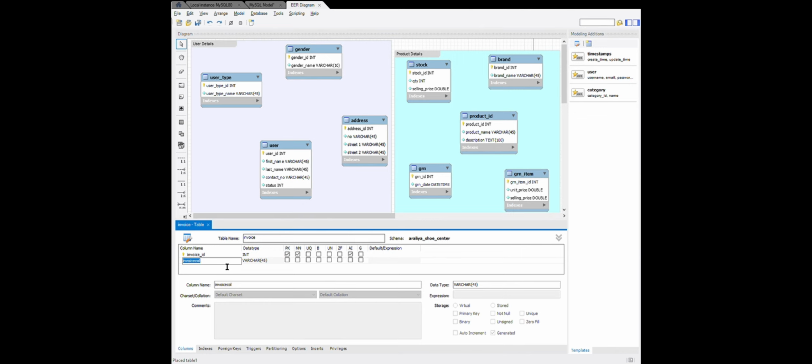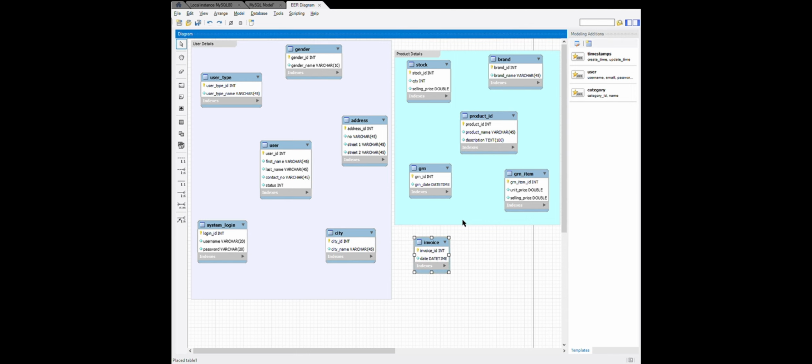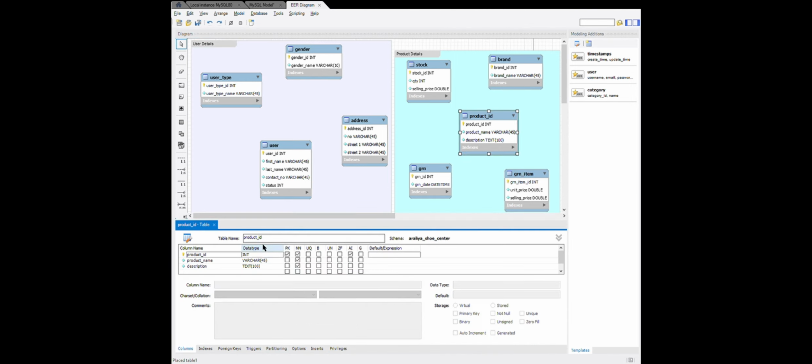Alright, then the date, we'll be having this as a date time. This will be not null as well. So yeah, we have this done. This table name should be product instead of product ID. Alright, so yeah,